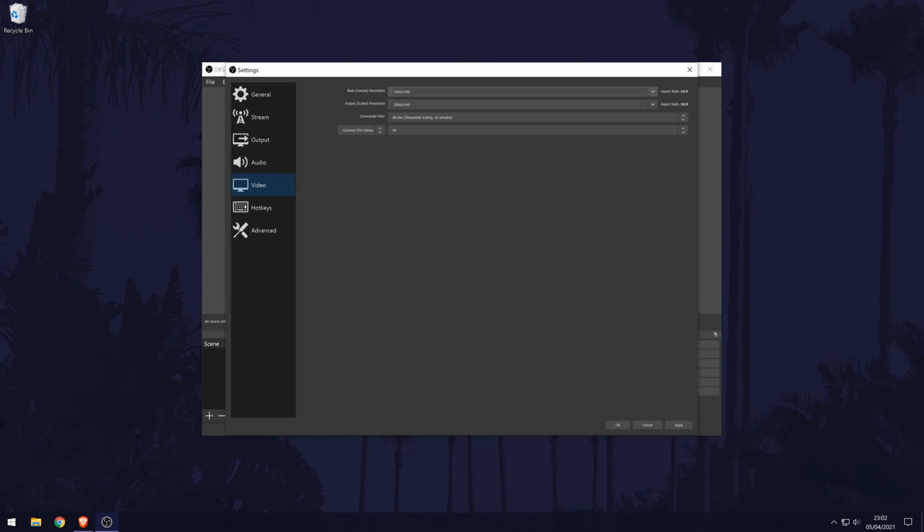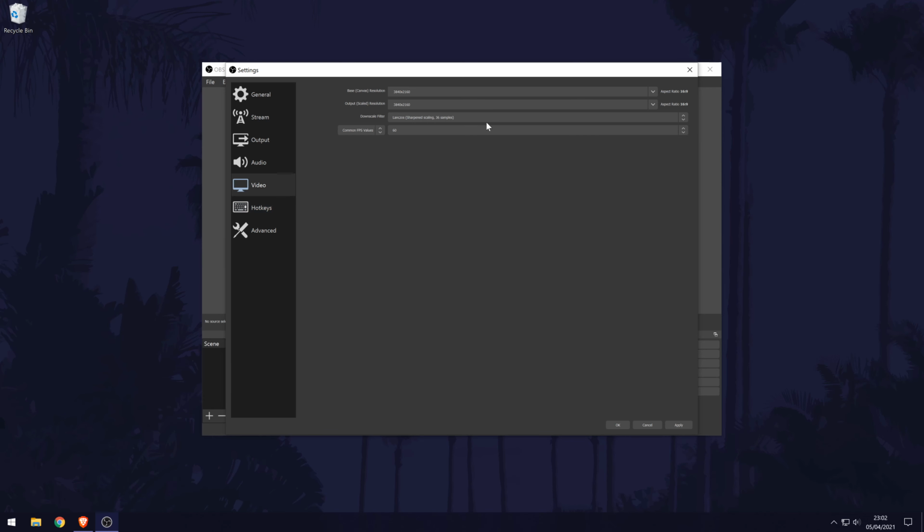The next part of the settings focuses on the video. The resolutions you choose on here will probably depend on the performance of your PC. You can set the base resolution to the resolution of your monitor if you want, and the output resolution to the resolution you want to stream or record in. If this is set too high, it will likely impact the performance of your PC. There are a few types of scaling options to choose that can impact the quality of the outputted file or stream when downscaling. The frame rate is again up to you, but of course the higher this is, the more resources it will use. I highly recommend playing around and testing with these settings to see exactly what your PC can handle. As I mentioned, if the resolutions are set too high, you might drop frames which will result in a choppy stream or video recording.